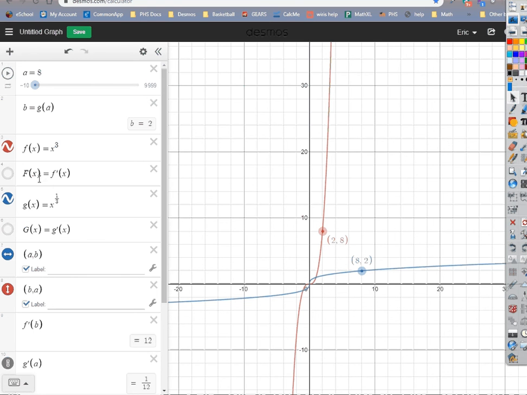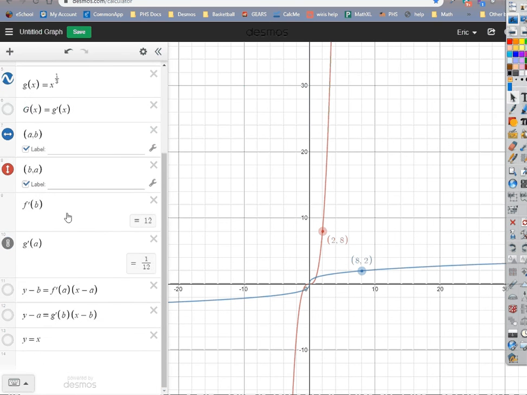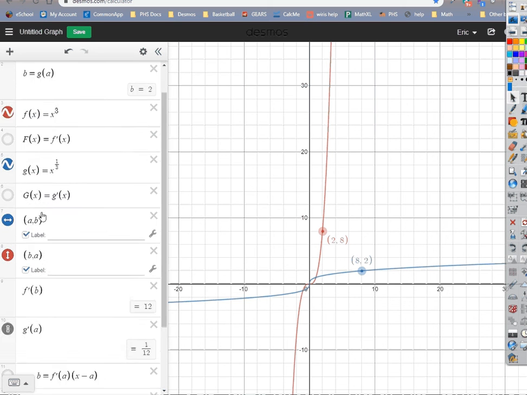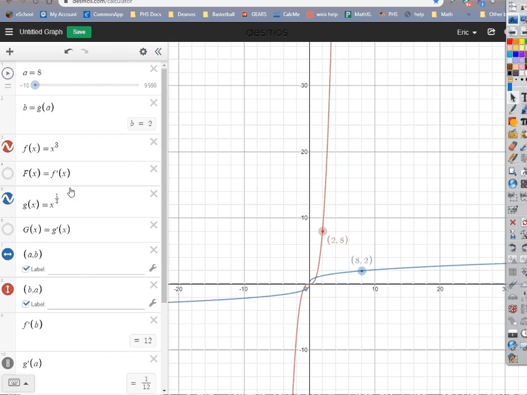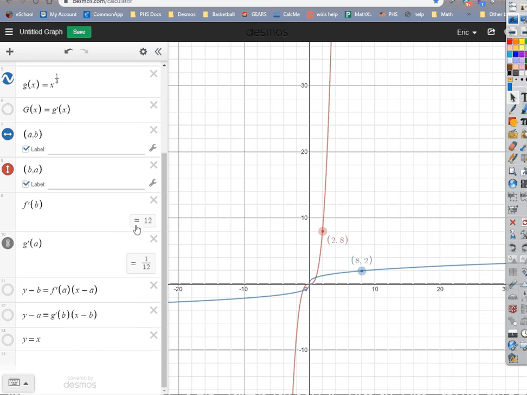let's plug in, well, actually right down here, we can just do f prime of b, which is 2, right? If a is 8, we define b as 2, okay? So f prime of b is 12. That looks about right, doesn't it? It's a pretty steep slope. And if I graph the tangent line,